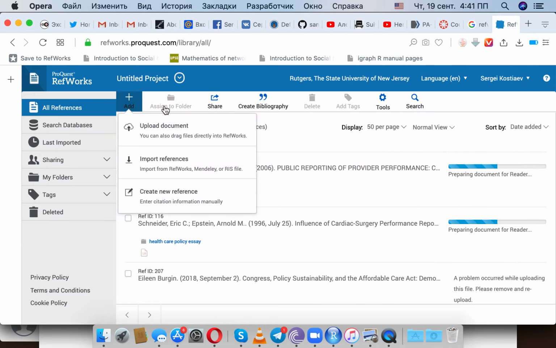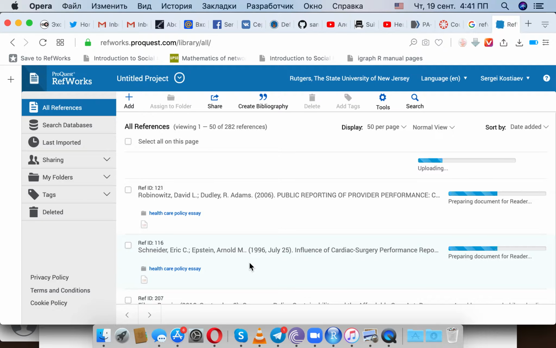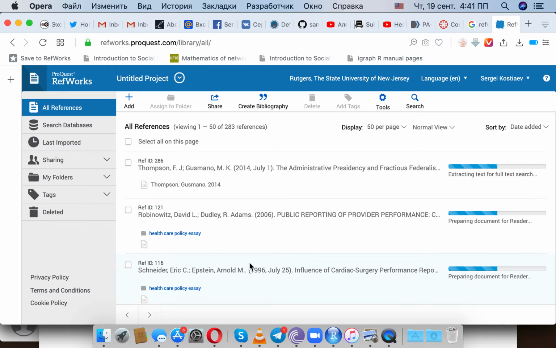So, for instance, this article. Yeah, and you see now it picked up your article. It picked up all your author, year of publication, title of the article,